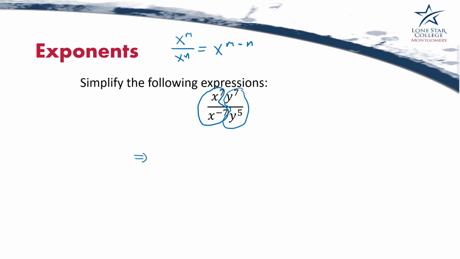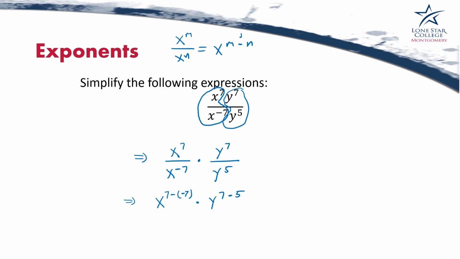So we can write this as x to the 7th over x to the negative 7 times y to the 7th over y to the 5th. Applying the rule on top right there, this becomes x to the top power, which is 7, minus the bottom power. So even though the bottom has a negative, you still have to put a minus, because the quotient rule states it's always a minus no matter what. And for the y's, we have y to the 7th, the top power, minus the bottom power,